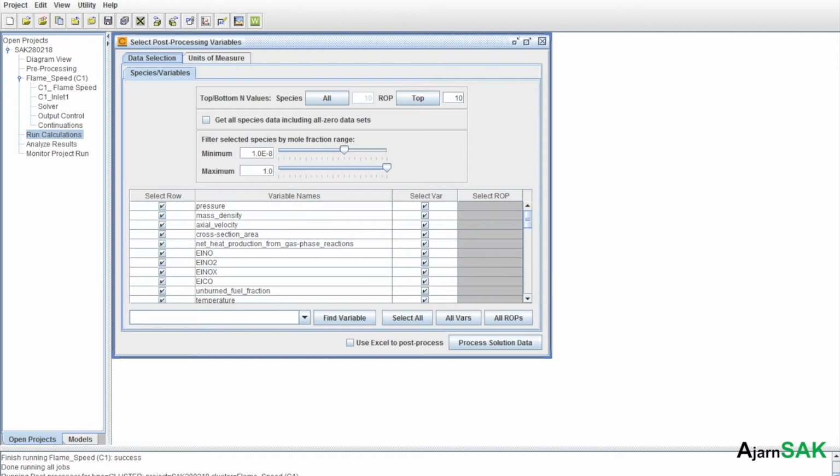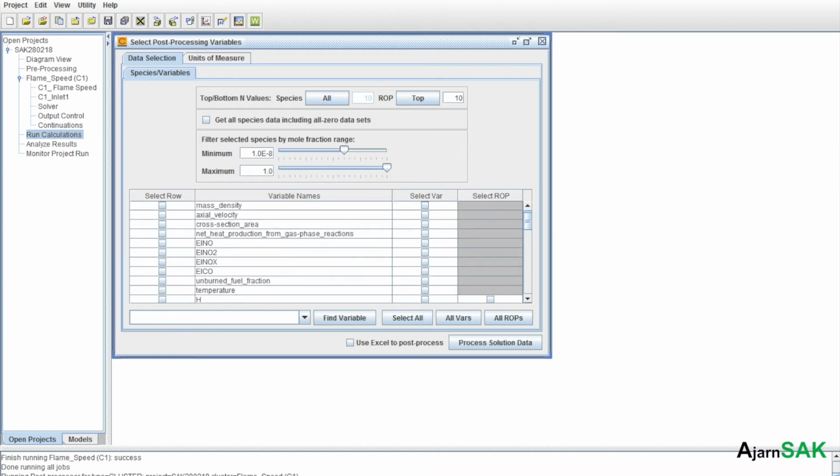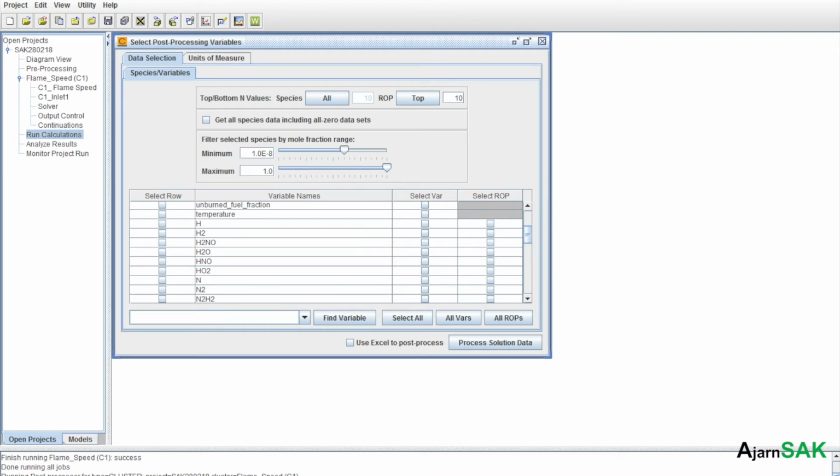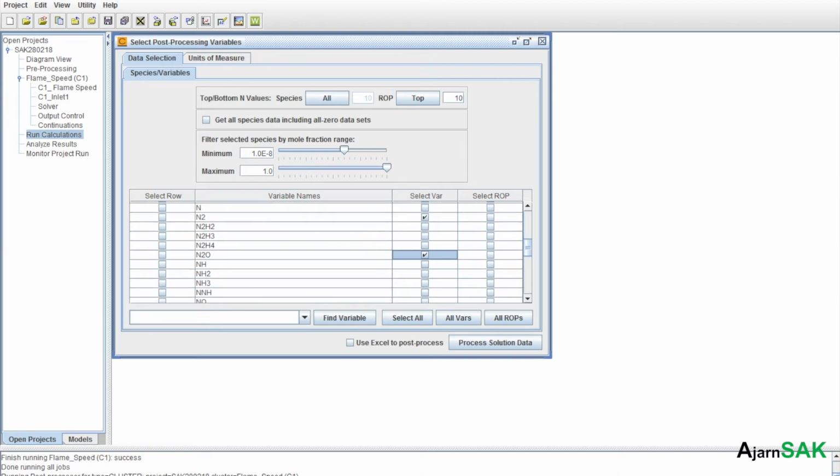But what I usually do is I select all, then clear all, and you select what you want. For example, you want laminar flame speed, NOx. You can come down. So, in your exhaust, you want to see how much, for example, hydrogen you have left. Nitrogen. Water. And this is going to give you the concentrations, right? The concentration of NOx